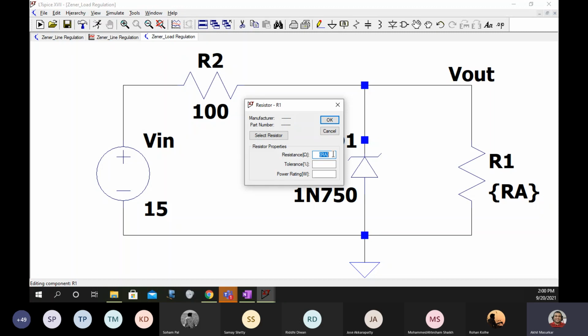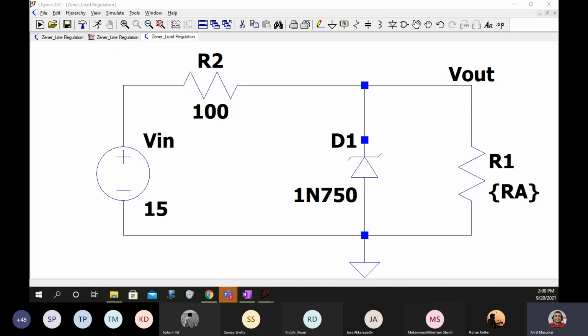So in resistance in ohms, there you put a variable, curly brackets RA. Even if you write your name there in curly brackets, that name will become a variable.